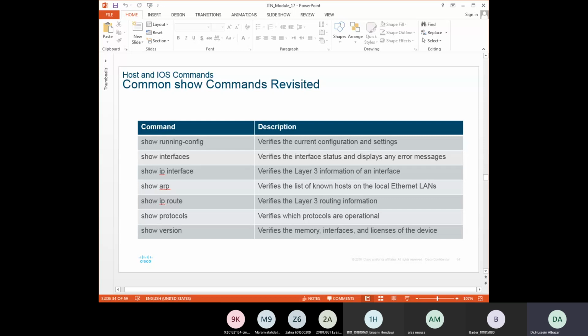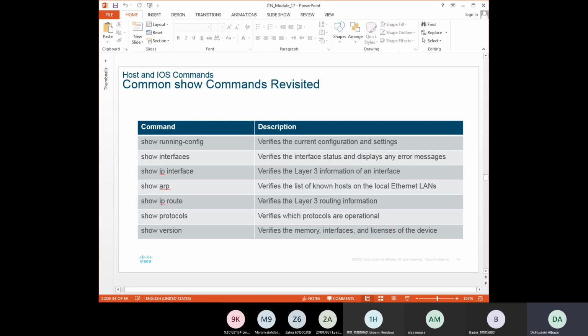Okay, we are going to continue covering now module 17. Few slides left. Now, what do we have in this table? Usually, for a Cisco IOS command line interface, the show command is a very important command for troubleshooting. So as you will see in the first meeting, when we start CCNA2, we'll talk about the show command in many cases,